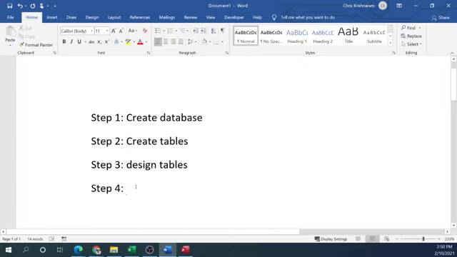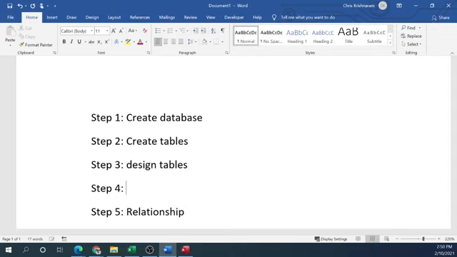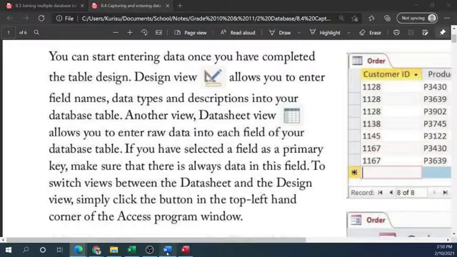What's the next part of the design that we looked at? A main part of the design. Sir, creating relationships between the data. Relationships is gonna be, you can say, that's 5. And Naresh says primary keys. So relationship gonna be 5, and your primary key gonna be around step 4. So you create your database, you create the tables, design your tables, you put your field name, your data type, your field properties, and so on. You set your primary key, you create your relationships, and step 6,